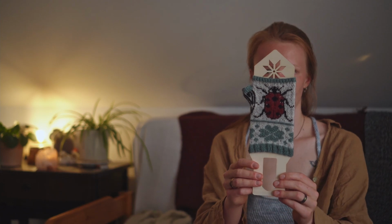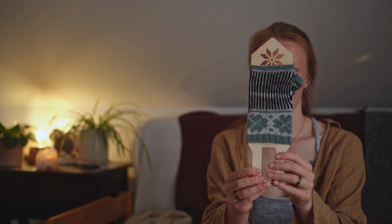I do have kind of a half finished object because I casted on some mitts, again by Nina Pommerenke, and this is the Lucky Lady mitt. This is the first one. This is the back,